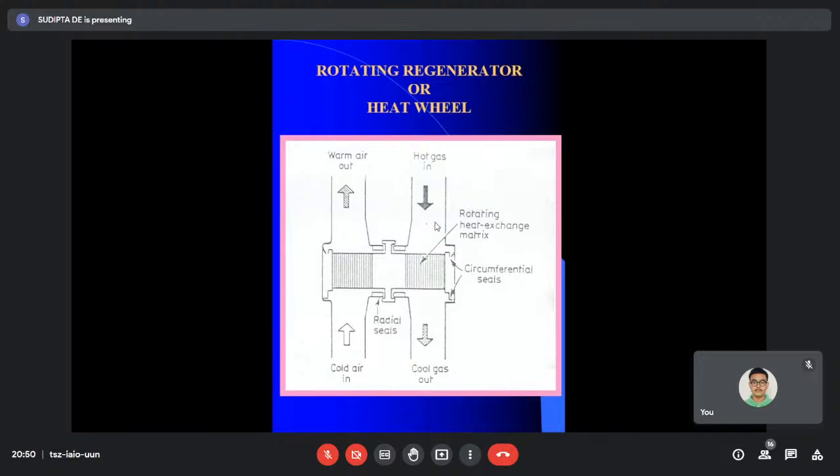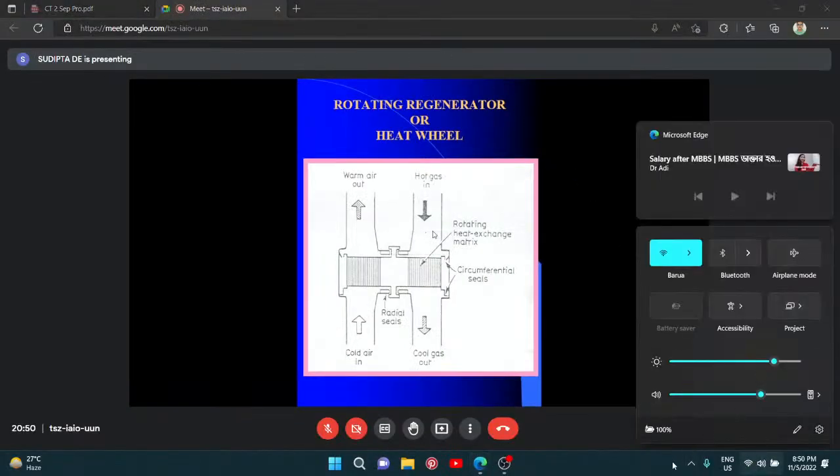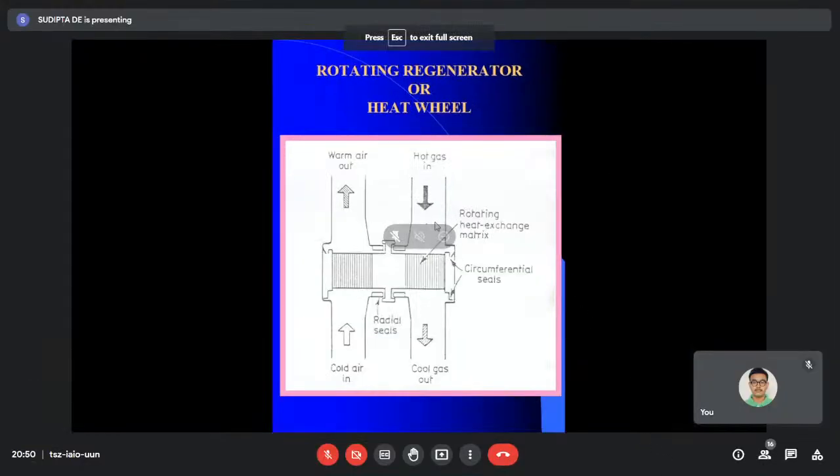which allow gas to flow through the matrix, minimizing gas leakage through the circumferential passage between the shroud and the wheel. Full stop. On the other hand,